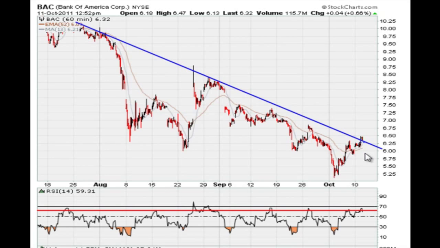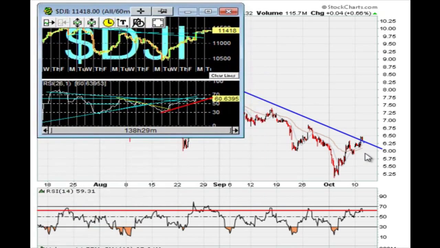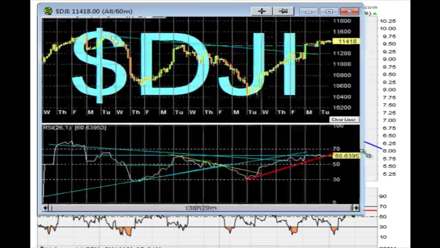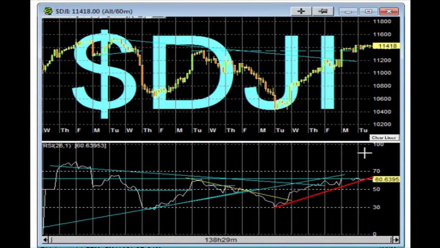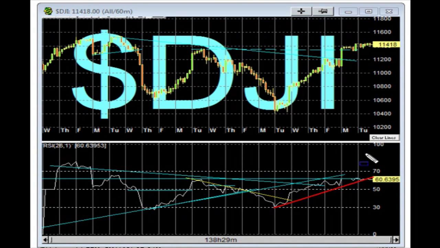Just give me a second here because I'm looking at all my charts. This is the Dow. Same chart, same thing going on everywhere. You see that the Dow at about 11,420, somewhere around there, you've got the lows right there, and you draw a straight line connecting the lows of